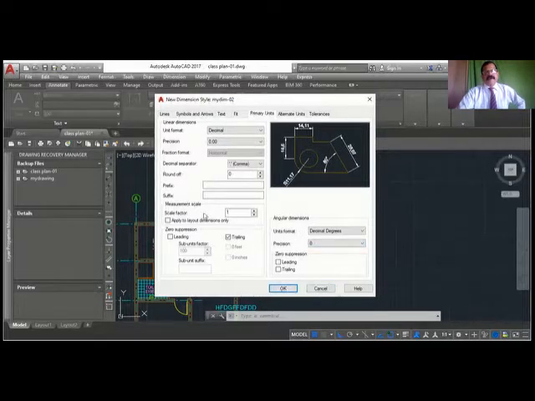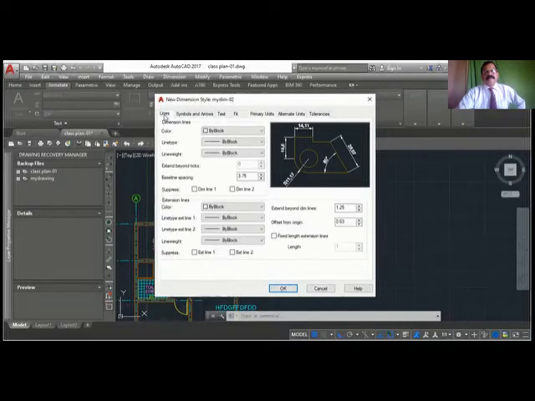That is the idea. First we'll go to lines. Lines is basically talking about the dimension line. This is the dimension line. These are the dimension lines. Then the extension line. So these are the extension lines, extended beyond and all these things. Here you need not do any corrections. Just leave it as it is.